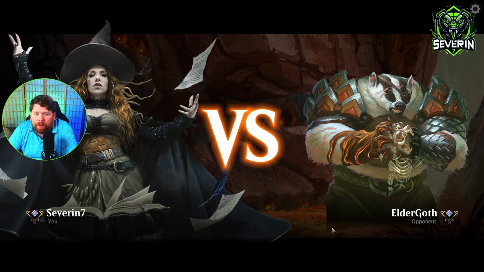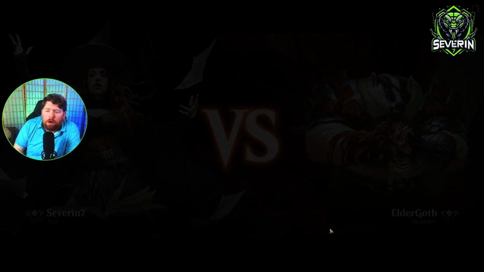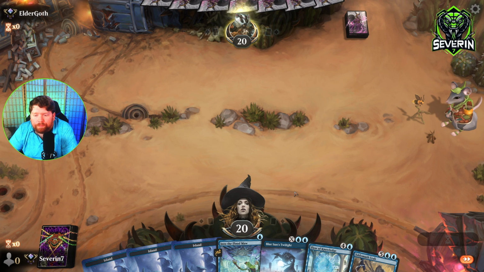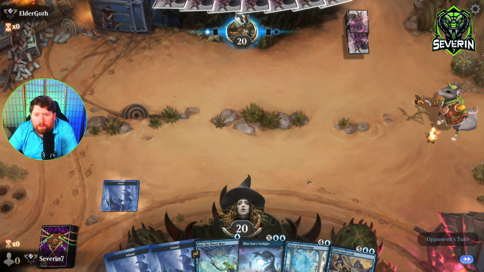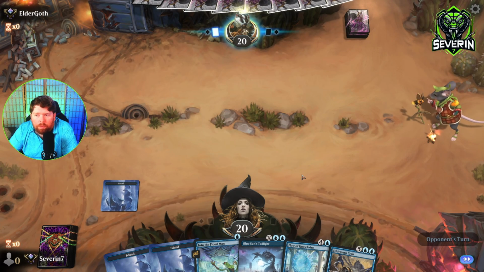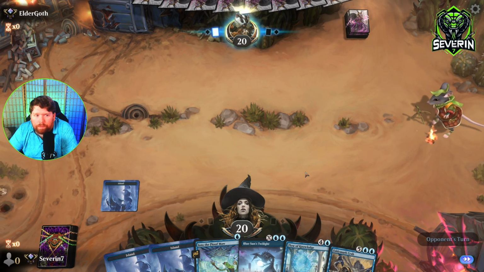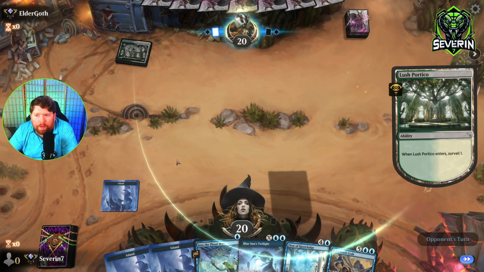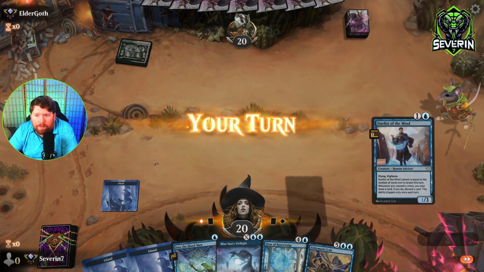Ready. Elder Goth. Elder Goth. We get to go first. This is alright. Try it. Not the most exciting hand in the world, but it has potential. I love the new pet from the new set. Look at him, he's got a cute little...